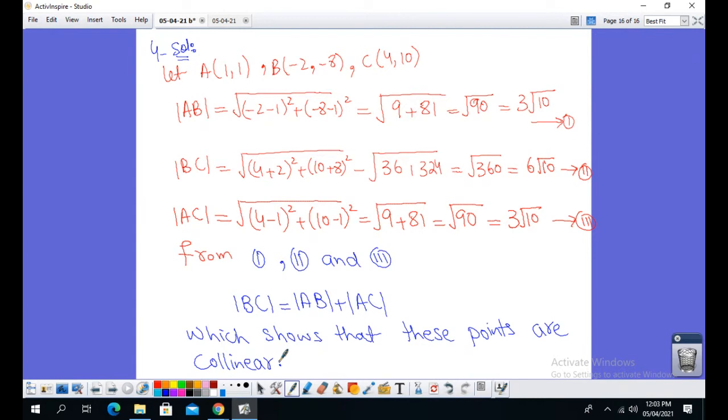If the sum of the two distances is not equal to the third distance, then these points are not collinear. Here the sum of the two distances becomes equal to the third distance, so these points are collinear. Okay, now we move towards our next question. Our next question is: